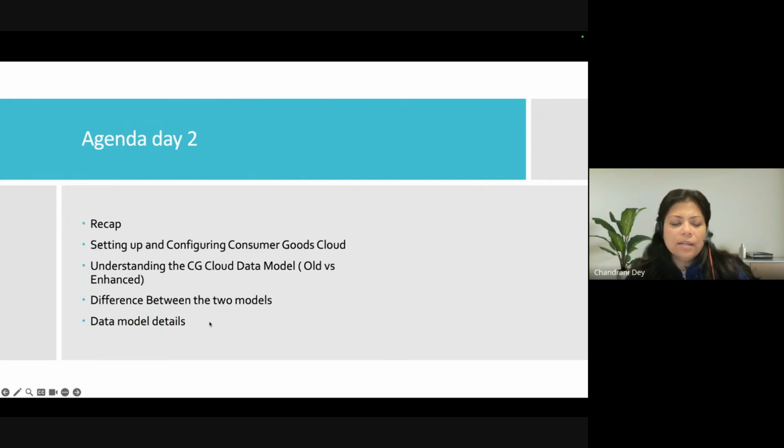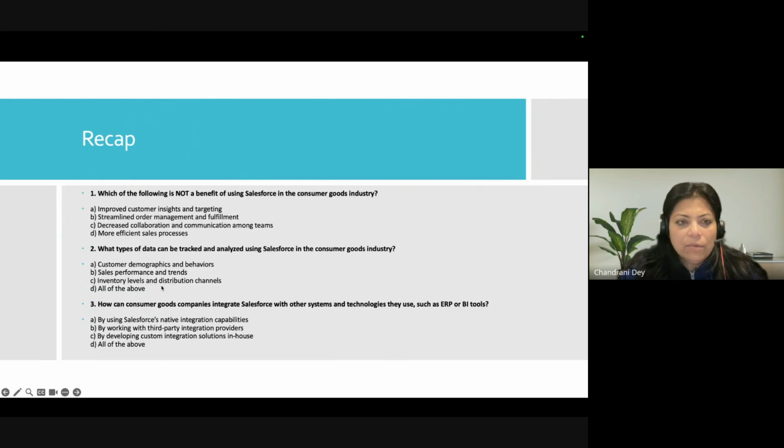What I think is that this part is very important, the data model, and the data model has a deep dive inside it. So expect that we will not be able to finish everything on data model in one session. We might have to continue data model again next week. Going to the recap, whoever can answer can give me the answer.